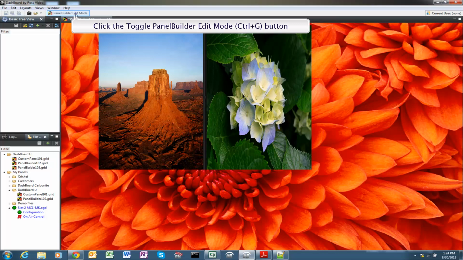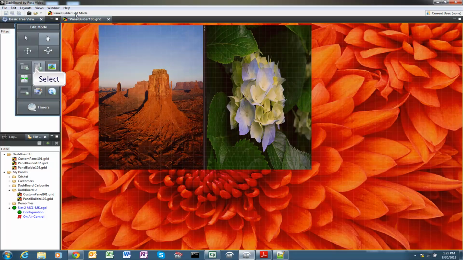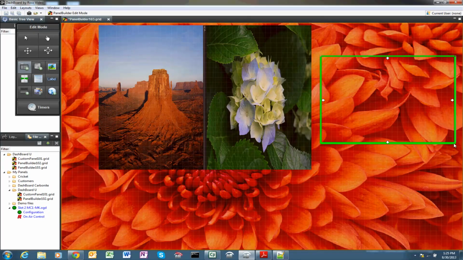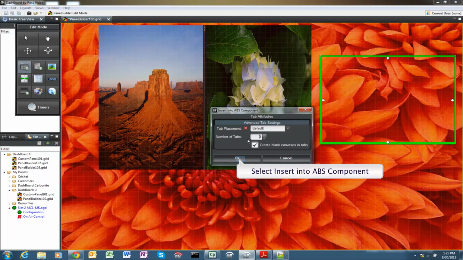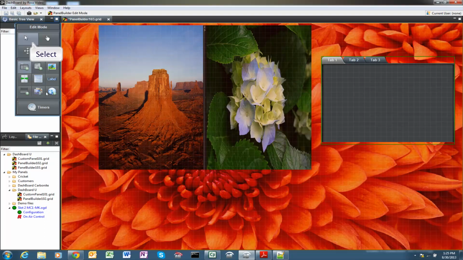The other interesting user interface element for getting more out of your screen real estate is the tab group. Let's go and create a blank canvas. Let's do it over here. And now let's go and put a tab group into it. Like that. Let's put 3 tabs in, accept the defaults, and now we have our tabs. And again, this is a good way of organizing controls by logical groups and being able to tab between them.